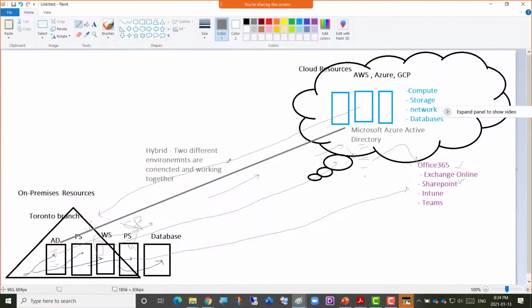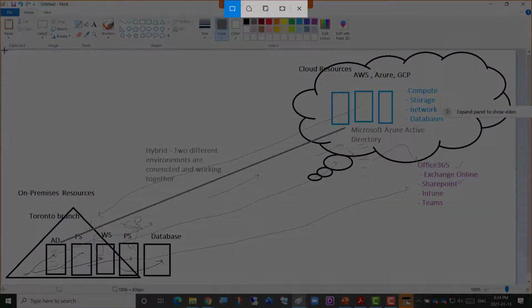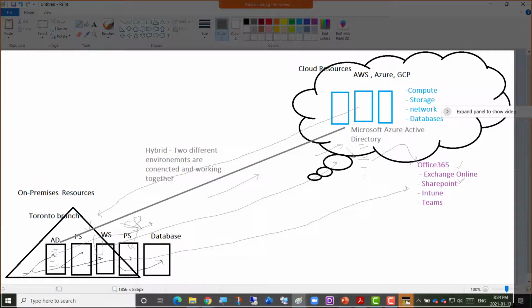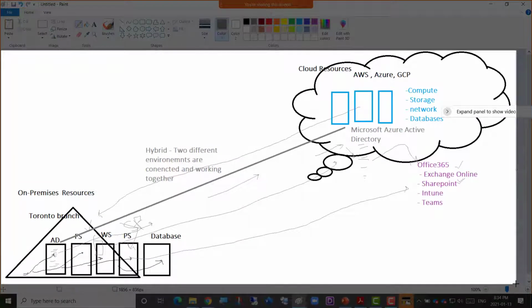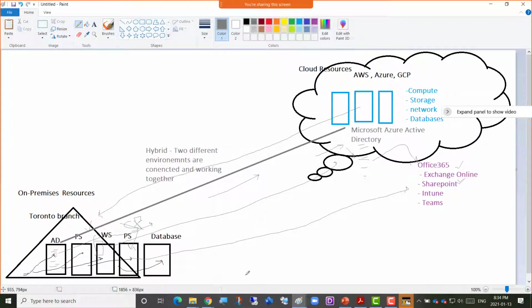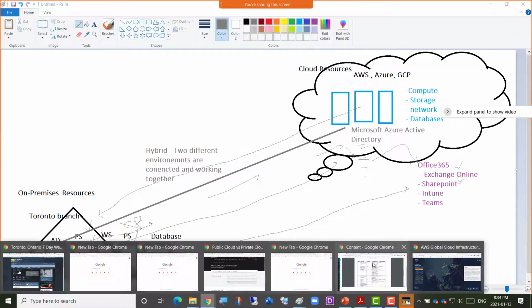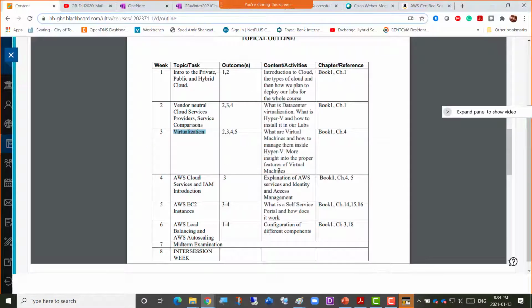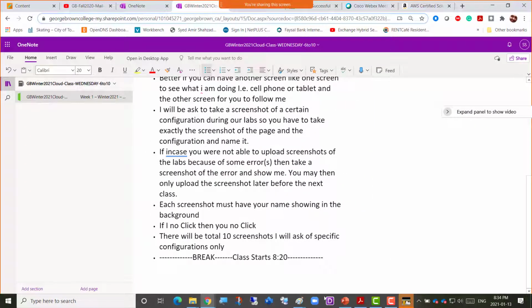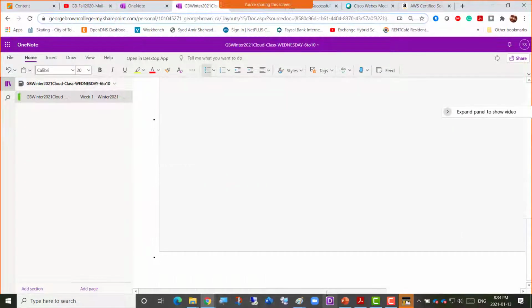cloud course, because as we talked about the hybrid cloud here, let me also copy all this too. So you've all logged into one node. When I put a diagram there, you should get it on your one node in a few seconds. It's still pasting.